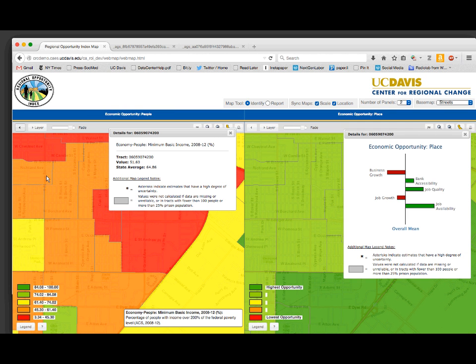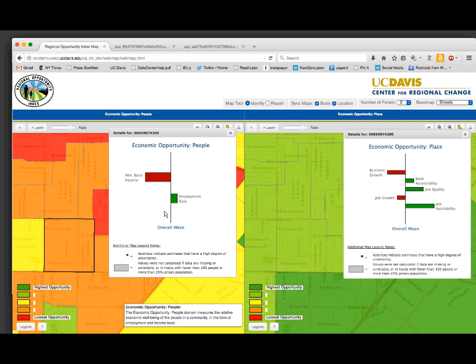So if we go back to that overall measure, this is essentially an area that has large numbers of working poor. So they're working, but the incomes they're earning are not very high. And yet it's in an area where there's a relatively high level of job availability and the quality of jobs that are in that area is quite high. There are some issues about, in recent years, job growth and business growth declining there greater than the state as a whole. But there's clearly some problem with people in the area not getting access to the jobs that are